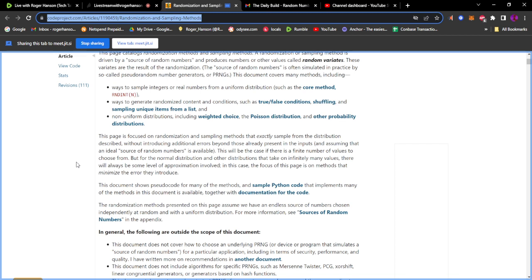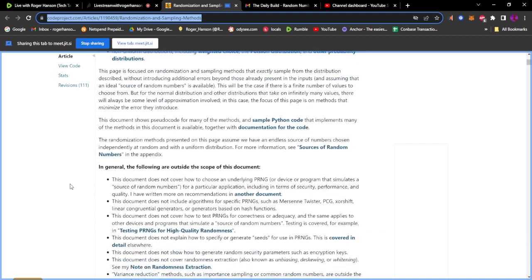This will be the case if there is a finite number of values to choose from, but for the normal distribution and other distributions that take on infinitely many values, there will always be some level of approximation involved. In this case, the focus of this page is on methods that minimize the error they introduce.